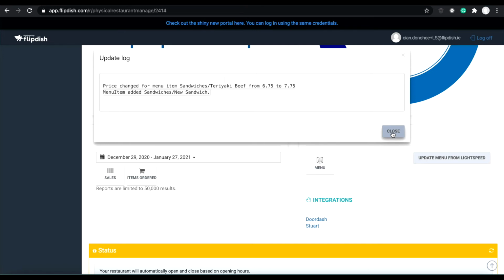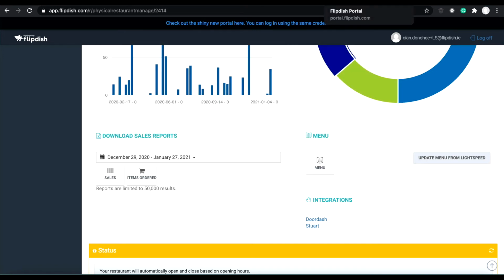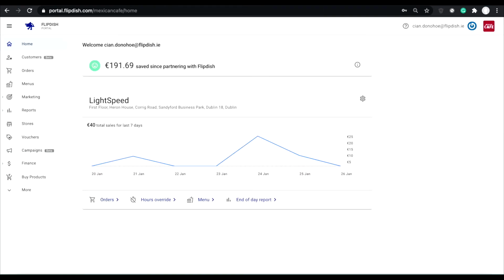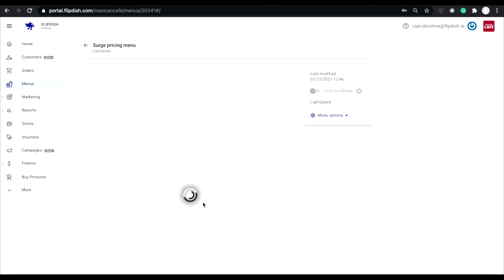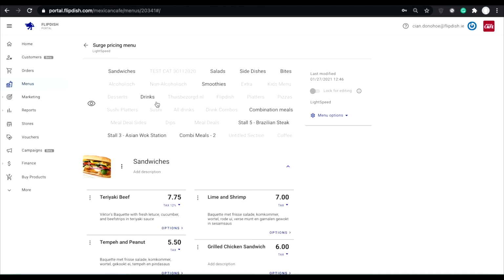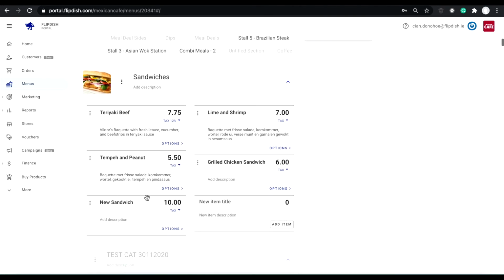Now, if you want to check if everything has gone through okay, or you want to add menu images, you can go to portal.flipdish.com and log in with the same username and password as you did on app.flipdish.com. Then simply click the menu shortcut underneath the sales graph on the Flipdish portal homepage. As you can see, the new price of the teriyaki beef sandwich is now visible,